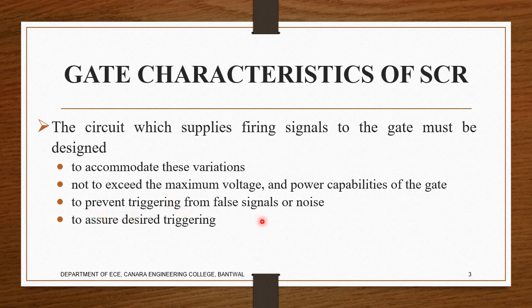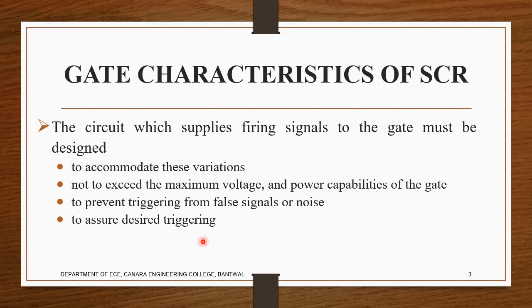It has to prevent false ringing or noises, anything unwanted other than the signal we are giving, which we call the false signal. It should prevent all those things. The gate shouldn't turn on for those. It has to be very sure about what input we have given, or for what voltage it has to wait. If the gate triggers at 1 volt, it has to wait for that 1 volt. It doesn't mean that at 0.8 volt it has to start triggering. Everything has to be considered.